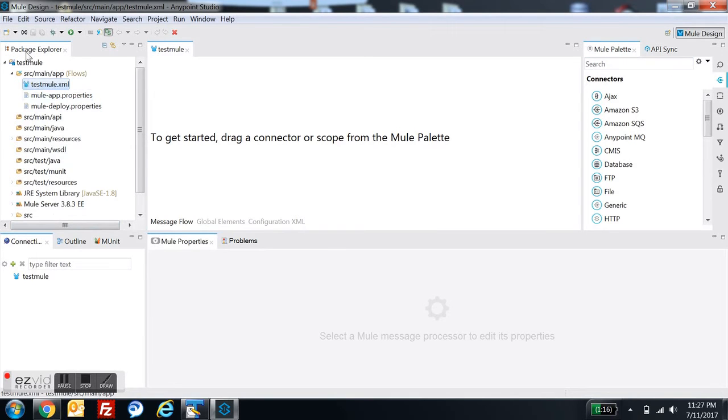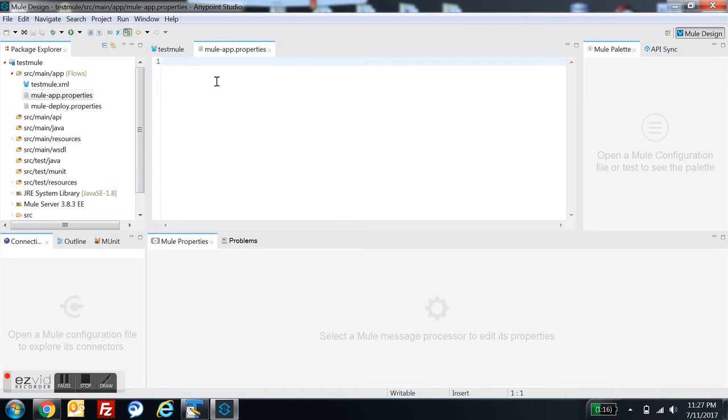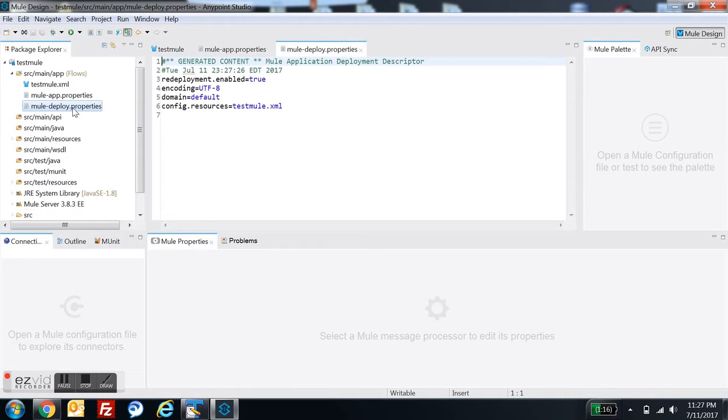So all these folders you'll be able to see in the package explorer, and one test mule.xml will get created, all with lower caps. So with this there'll be one app properties created, wherein you can use it as global variables. Mule deploy properties will be available, which you can use as you need. Under the resources, you will find log4j, which you could utilize for your application logging,